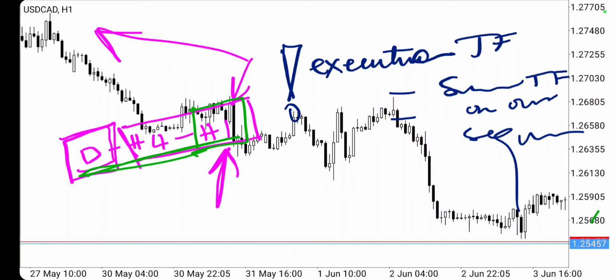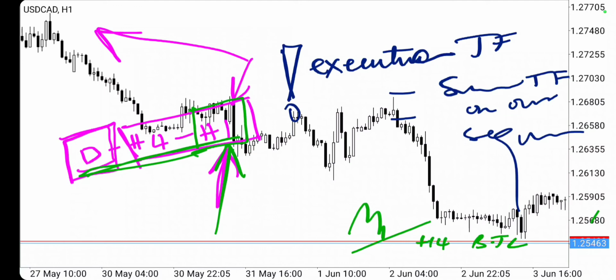This is where you're executing, this is where you're taking trades. Even the pin bars or the confirmation that you're waiting for, you want them to happen here at the smallest time frame in your sequence. And maybe let's say the price is going up and then it comes back to the H4 bullish trend line or daily trend line, and when you're waiting for confirmation, that's when you switch down to your smallest time frame to look for those pin bars, so that you can trade in the main direction